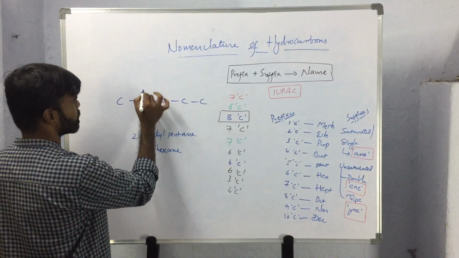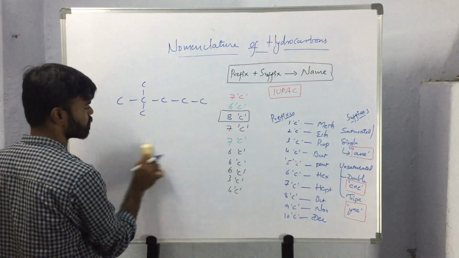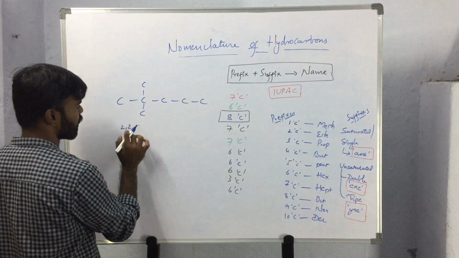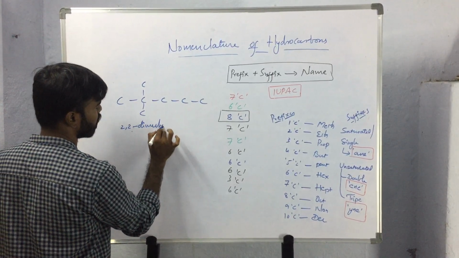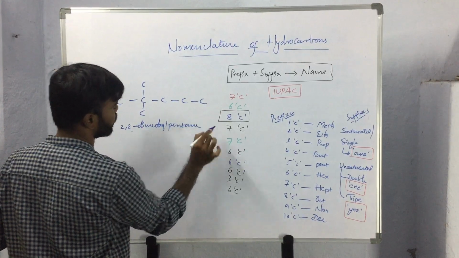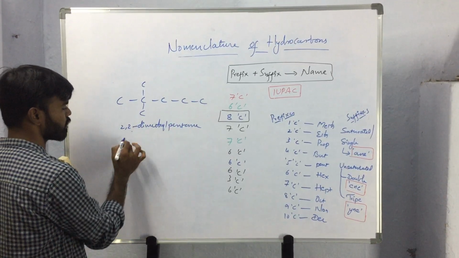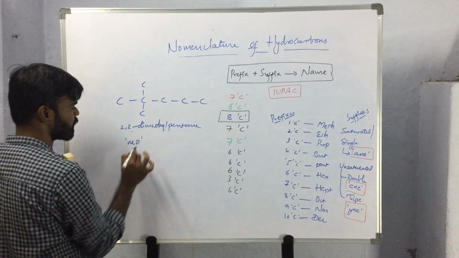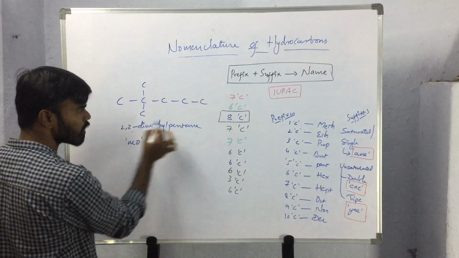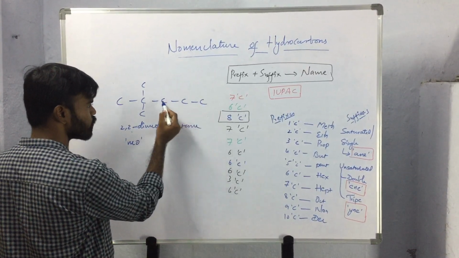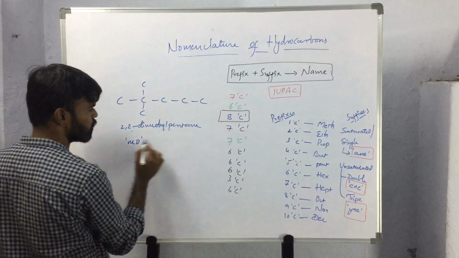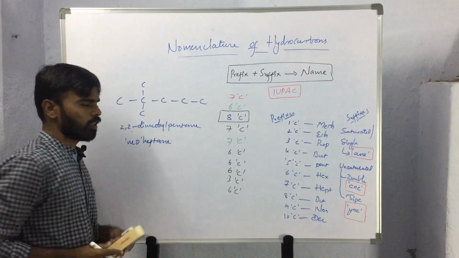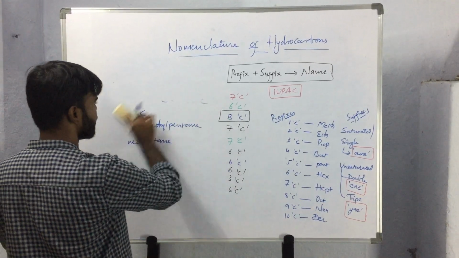Similarly, if the second carbon atom has 2 carbon substituents, then according to the IUPAC system we write 2,2-dimethyl pentane. Instead of writing like this, we have another prefix, neo. If it has 2 carbon substituents, then the prefix neo is added. Here also we count the total number of carbon atoms: 1, 2, 3, 4, 5, 6, 7. So 7 carbon atoms means hept, neoheptane.